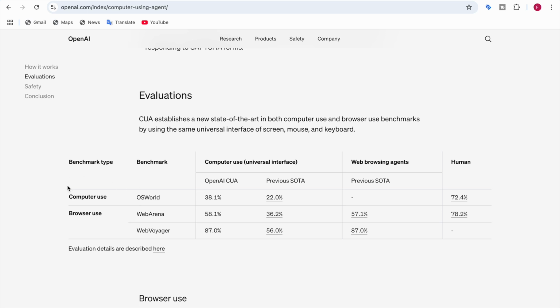So the first benchmark for the computer use is OS World, in which OpenAI CUA got the score of 38.1%, and the previous SOTA got 22%, and human got the score of 72.4%. And for the browser use in WebArena, the OpenAI CUA got the score of 58.1%, and human got the score of